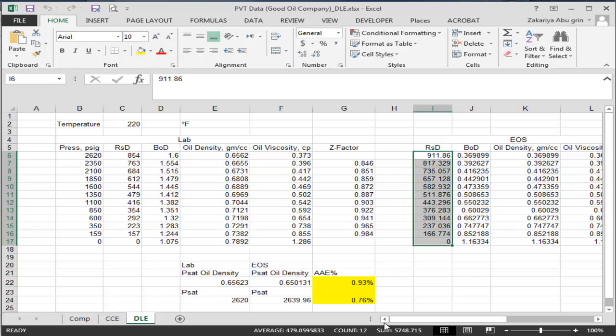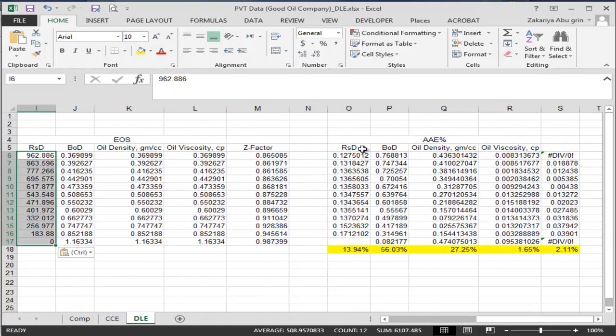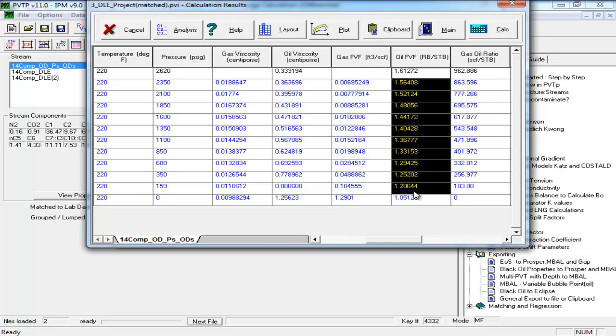And I have already prepared Excel sheet. Here I have lab data, so I know this is exactly the measured data. And here I will enter the data from the equation of state. So I just come here, press paste, and then I will find that I have 14% error, which is not acceptable. I will repeat that with other properties. When we compare oil formation volume factor